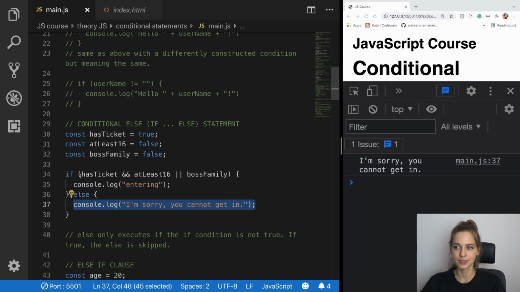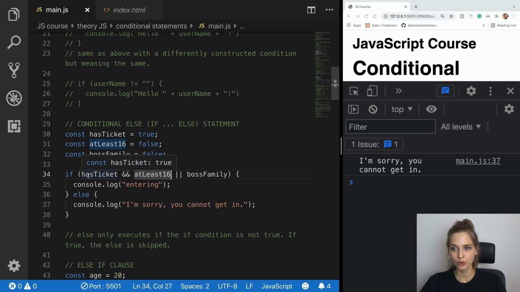Here I've created a little bit more complicated condition. So a person wants to go to a concert, and the condition is that this person has a ticket and is at least 16 years old, marked here by the logical AND. We now know that if the logical AND is used, both conditions have to be true for the entire statement to be true. So this has to be true,